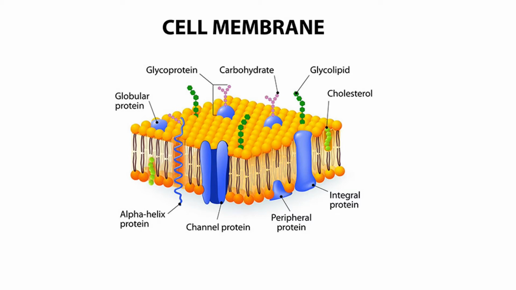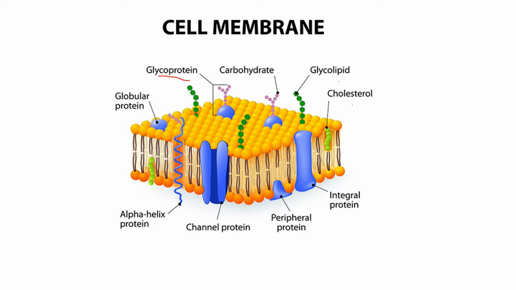As you can see, the cell membrane is made up of a lipid bilayer, and embedded in it are different sorts of macromolecules, like we have here the glycoprotein, and we also have glycolipids, cholesterol, other carbohydrates, globular proteins,